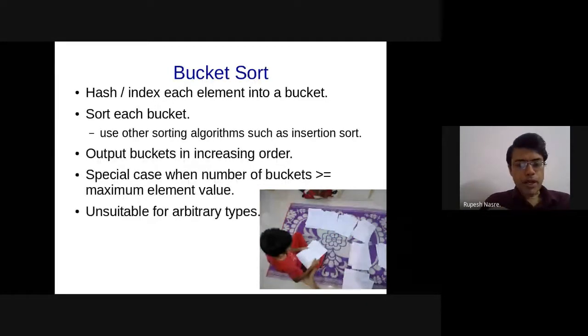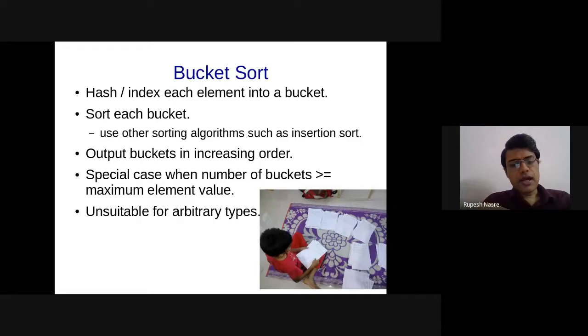However, one important part here is that each element that you want to put into the sorting using this bucket sort method should be comparable type. Comparable in the sense that it should be possible to hash it. It should be possible to index it. And that might not always be possible directly for arbitrary types. But in some cases, what you can do is take the type, map it to an integer, and then hash that integer, right? So essentially, that is what we did with respect to the roll number, where a roll number is an arbitrary string, but we take the last 3 digits of that, and then we sort based on that, and so on, right? So that essentially is bucket sort.